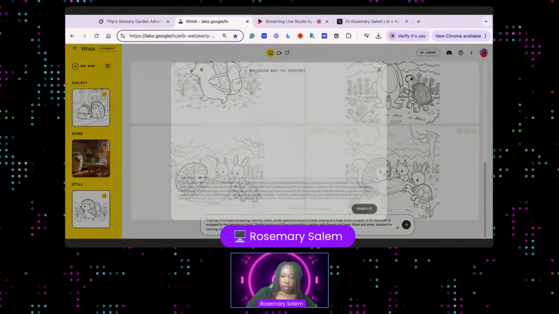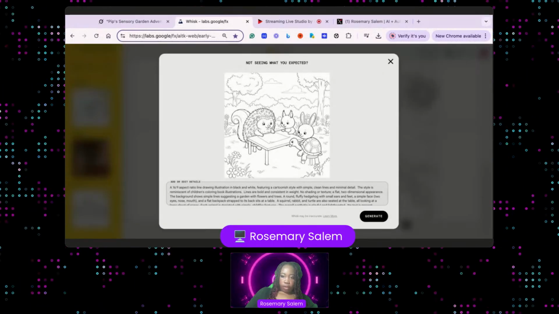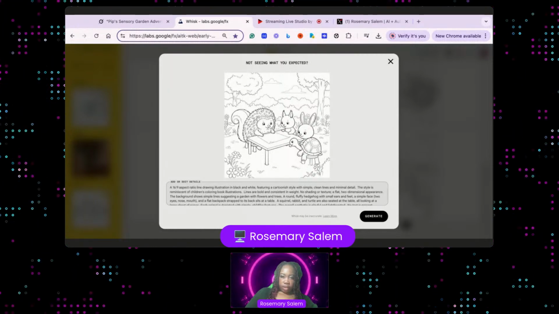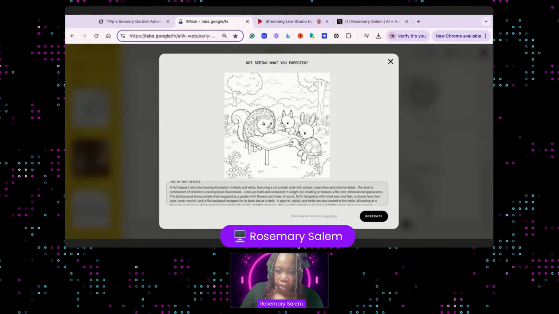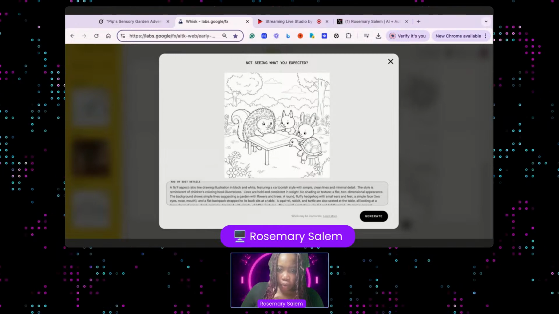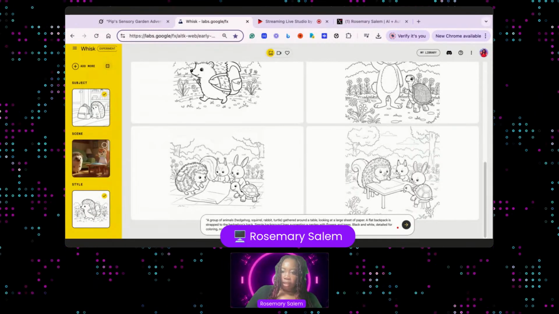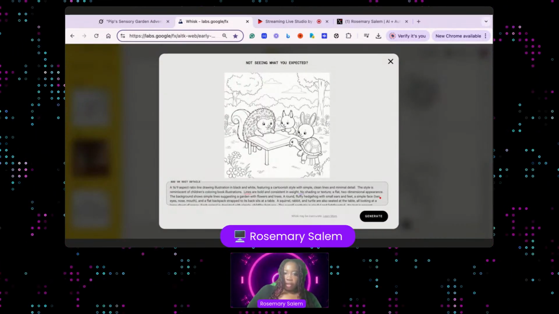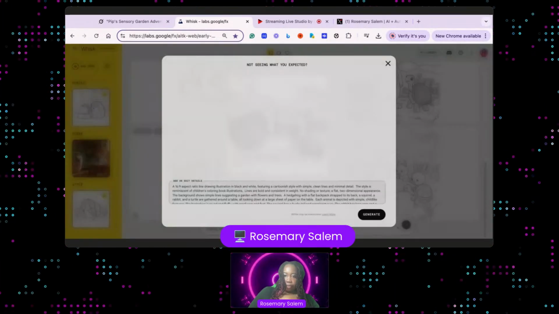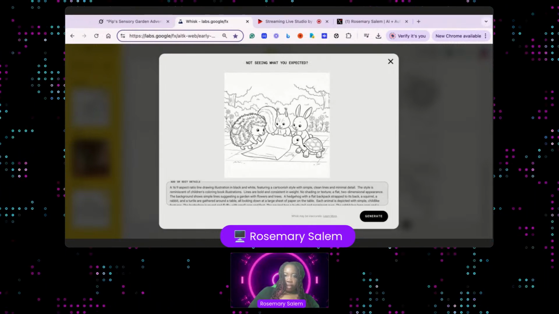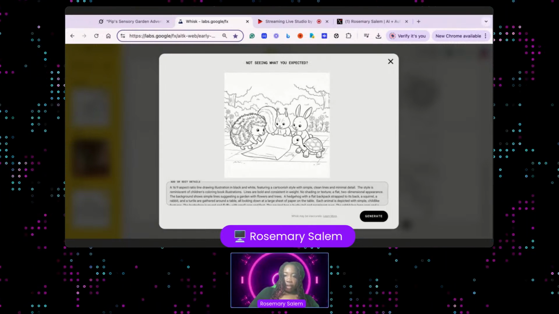Okay, we'll take this one. There's two. It just seems like that rabbit don't have no full body, if I'm not mistaken. Let me pull this bigger. Let's try it again. This would work, but I don't like the way